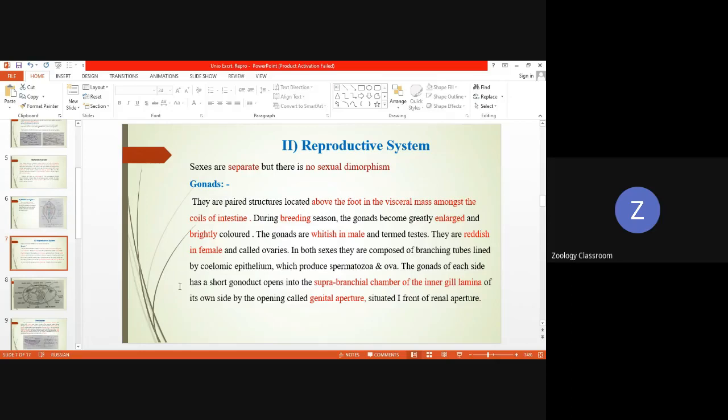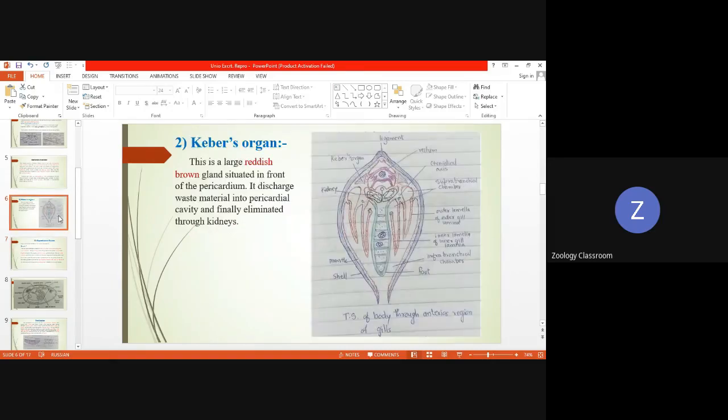The gonad of each side has a short gonoduct which opens into the suprabranchial chamber, at the base of the inner gill lamina. If you observe this,